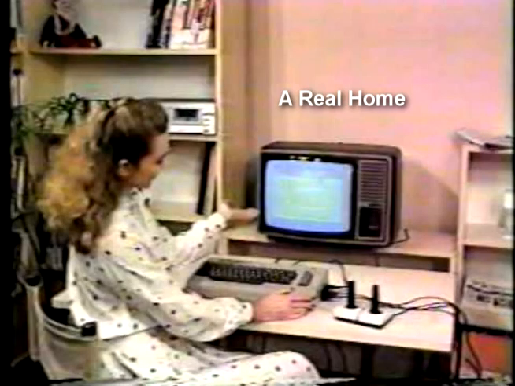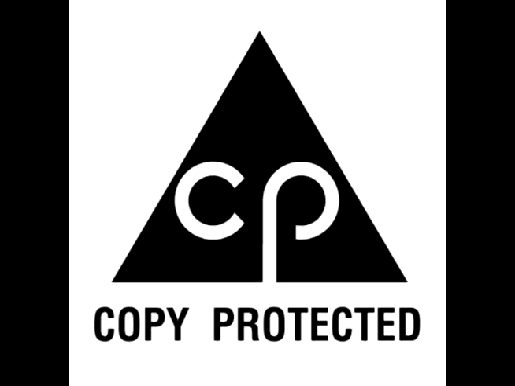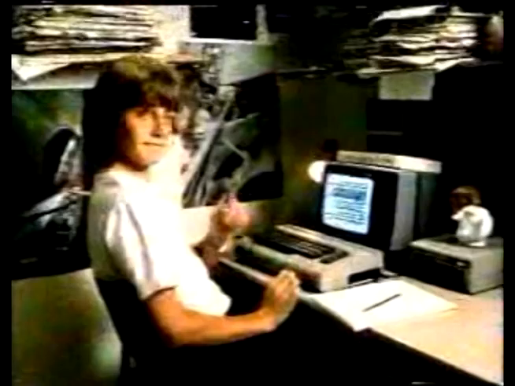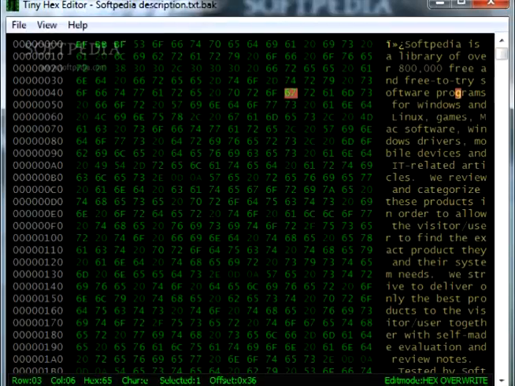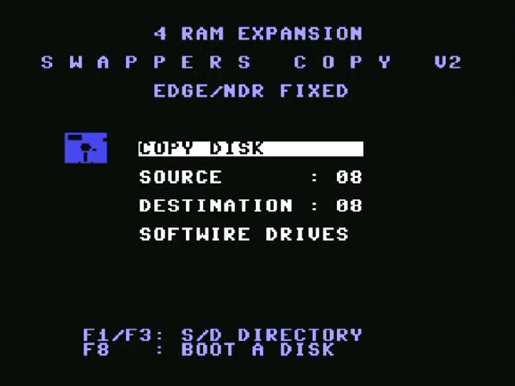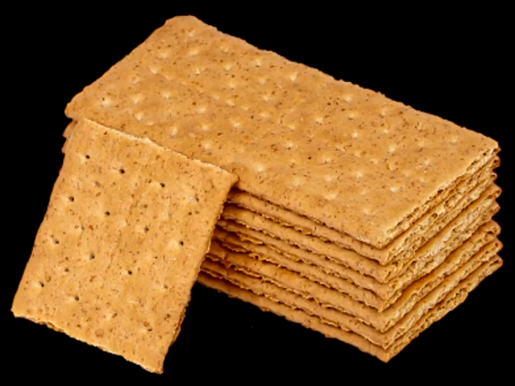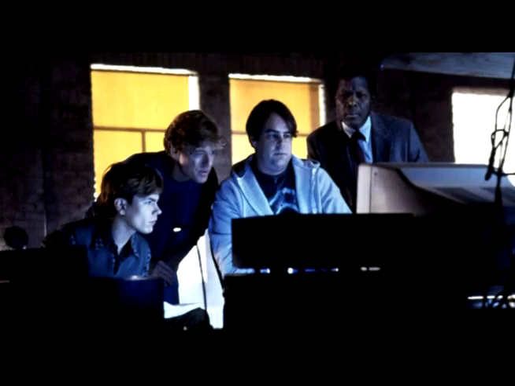This home computer also marks the first time software began to adopt copy protection to prevent the illegal distribution of unlicensed software. With copy protection came copy protection removal. With some clever manipulation of code and data, individuals were able to remove copy protection in games and software. The means of copy protection removal was known as a crack, and these individuals were known as crackers. They believed that the removal of software security represents an achievement in skill and knowledge.